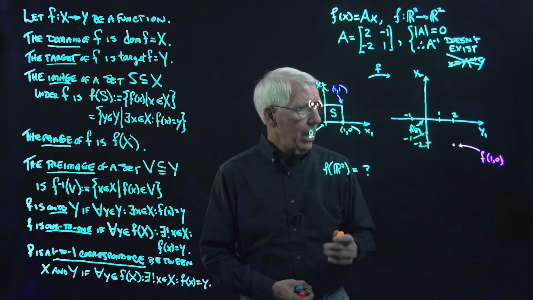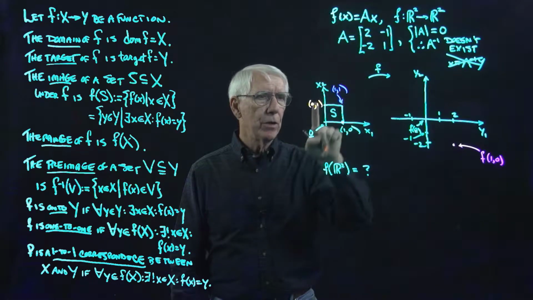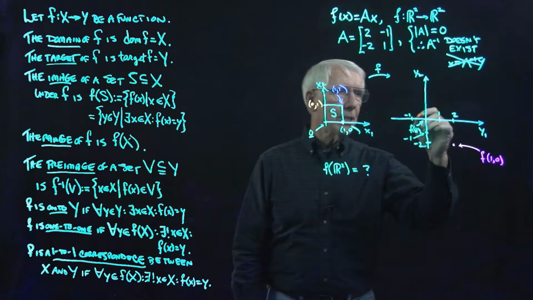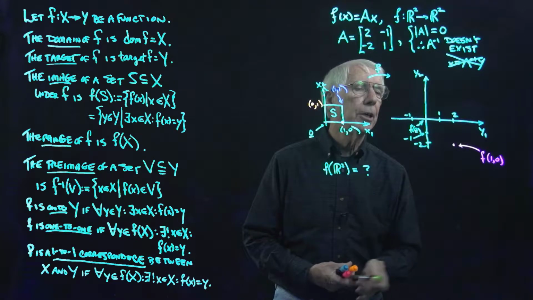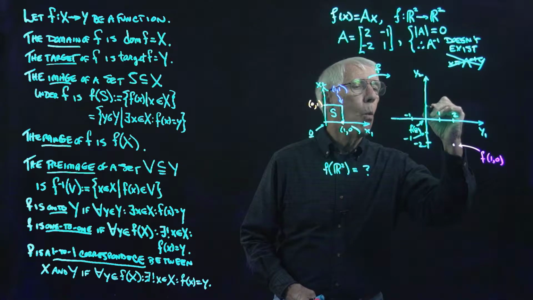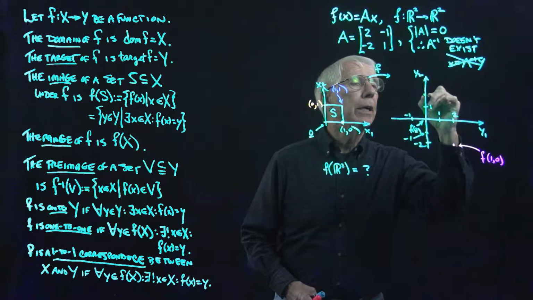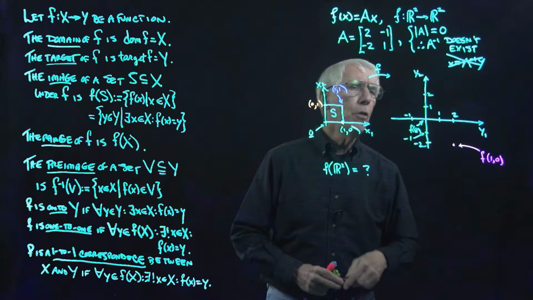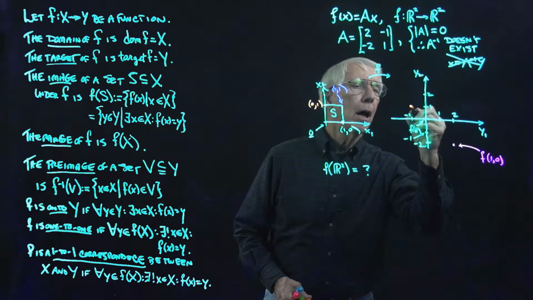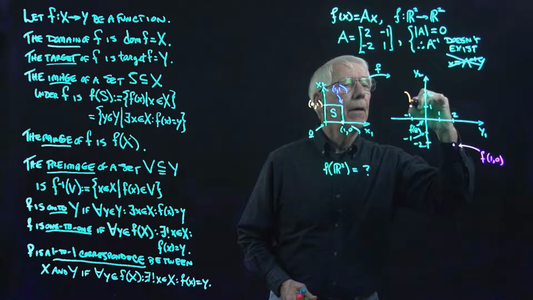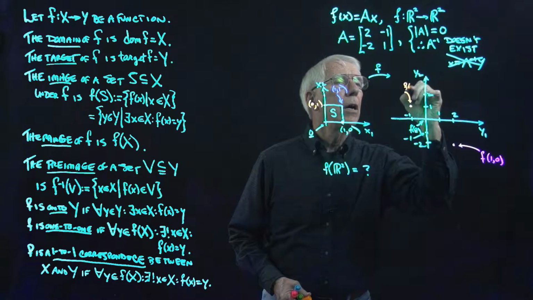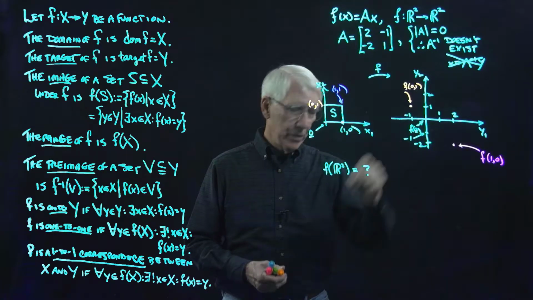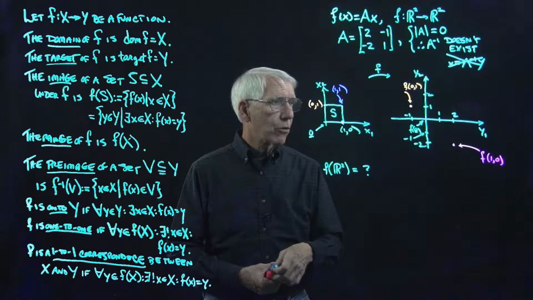Okay, so let's now look at the image under f of this vector, 0, 1, and that's going to be the second column of A. And I guess I didn't write in here that this is 1. I don't know if we're going to need 2, but we'll put it in there. So this is f of 0, 1,